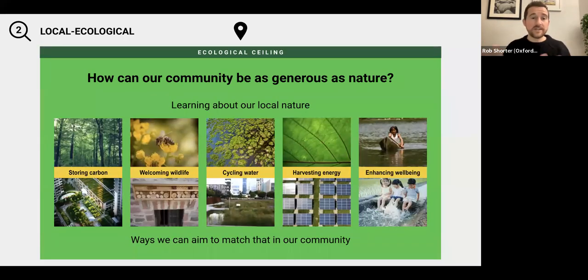Then we get to local ecological. How can the community be as generous as nature? This is one that's so often overlooked when we think about the planetary ecological crises. Because if we're to have impact on those global crises, we really need to think about how nature designs in all of our places locally, which will aggregate to a really healthy, thriving planet. So how can we understand the ways in which nature is solving all of these things of storing carbon, welcoming wildlife, cycling water, harvesting energy, enhancing well-being, and how can we aim to match that in our communities? There are so many brilliant ways that nature is doing that we can learn from